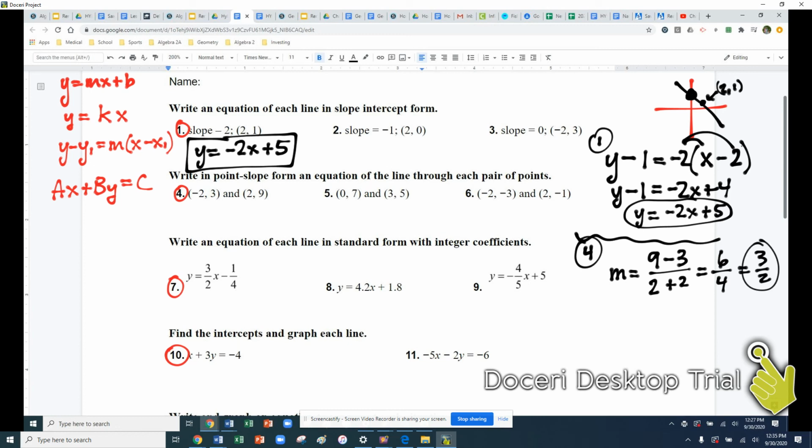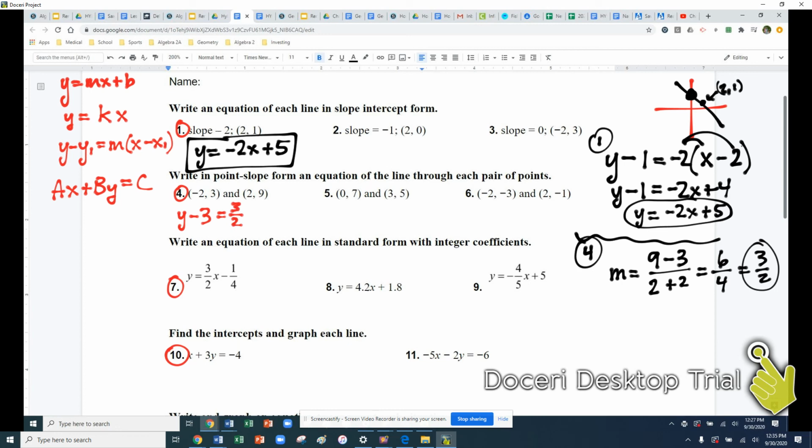So now I've got my slope. I've got my point. Do I have enough to write it in point slope form? Sure do. Looking at the 2 points, you can choose either one. I always just choose the one that's got smaller numbers, so any calculations I need to make, I can make those a little easier. So I'm going to take y minus 3